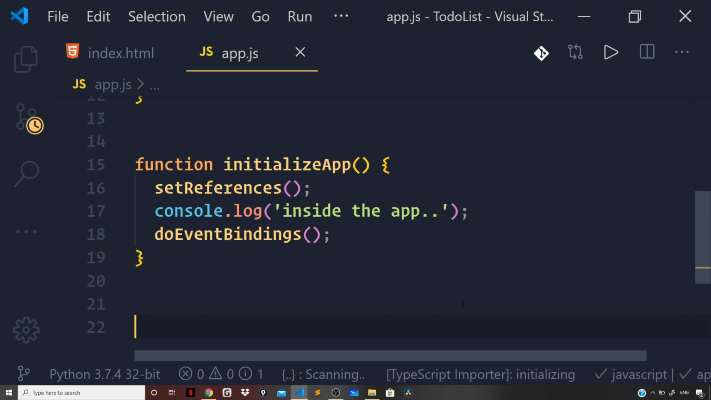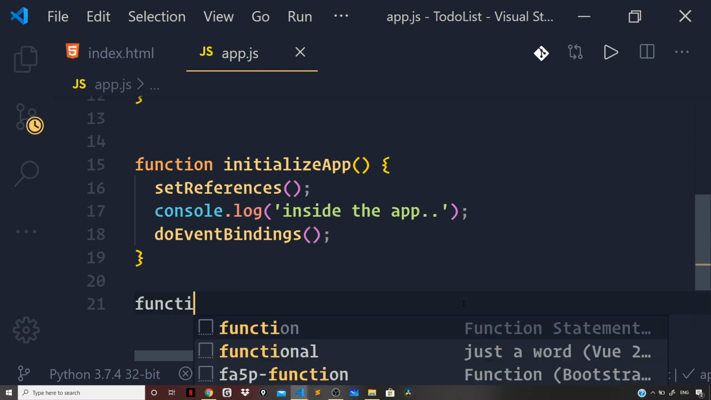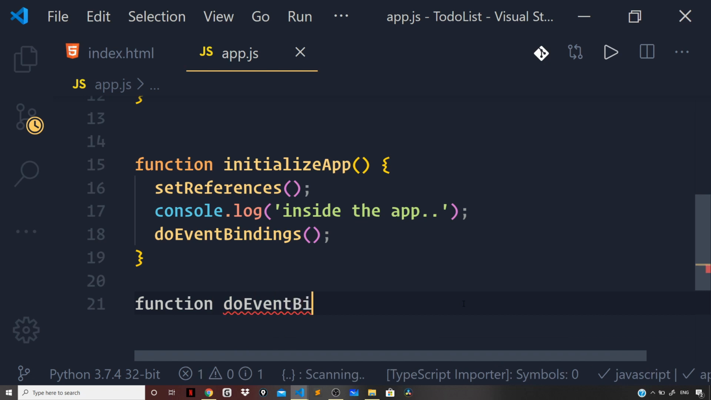And if you are not aware about the concept of event delegation, the link for that video can be found down below. So function doEventBindings,